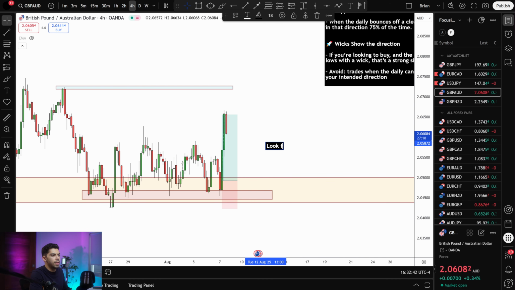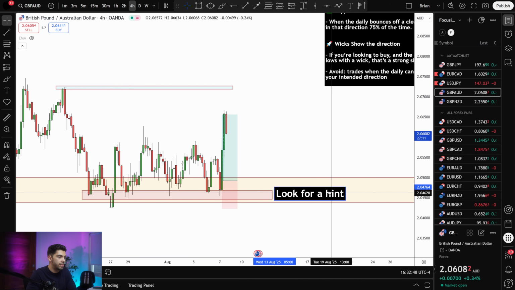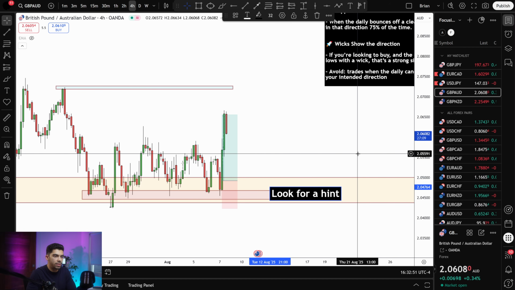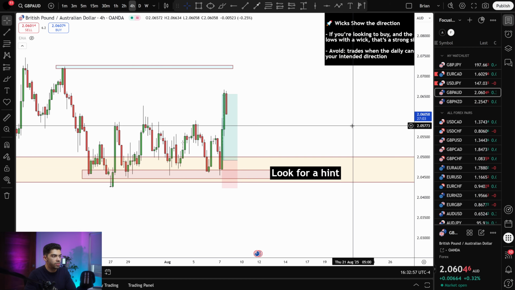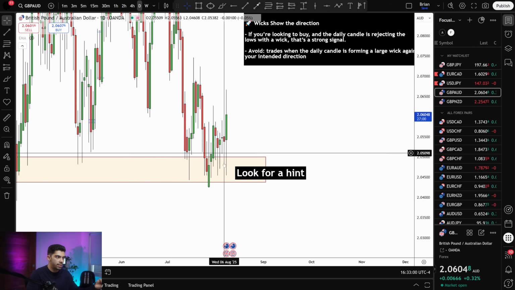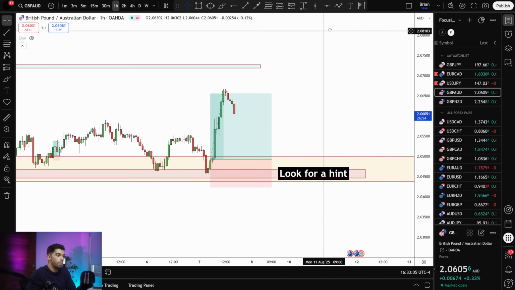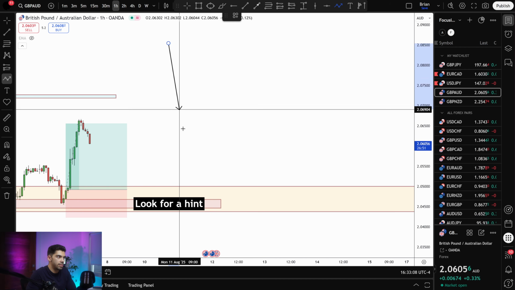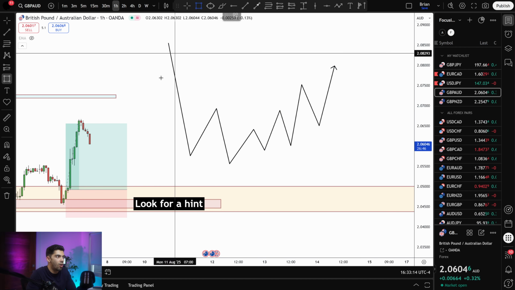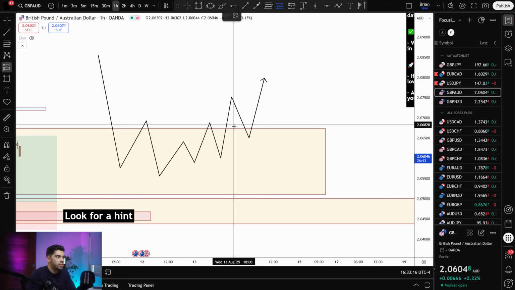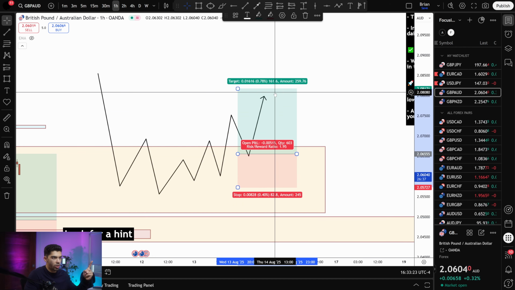Look for a hint. Because if you can look for a hint when the market is at a daily level, whether it's support if you're looking to buy or resistance if you're looking to sell, and then you start to see a couple of different factors like rejections, a lot of wicks. If you go down on the 1 hour chart and you see bullish confirmation or bullish market structure, sometimes you'll be able to see something like this. Let's say you're at a daily support and then you start to see this. You can start to look for buy positions at this area using the 1 hour market structure,